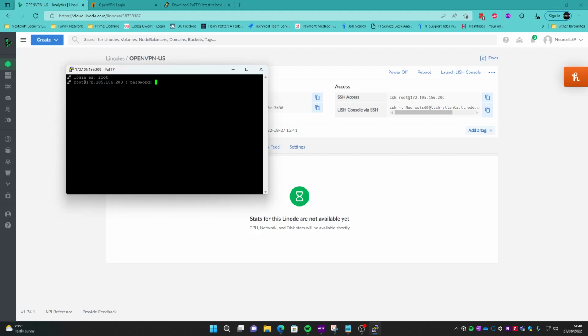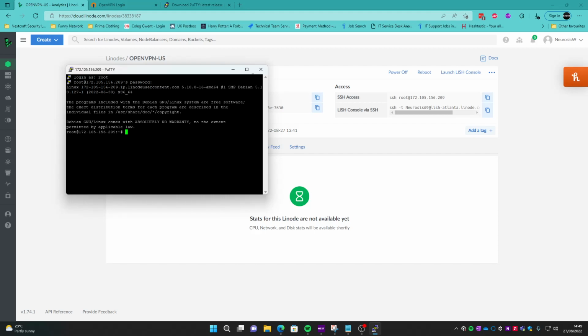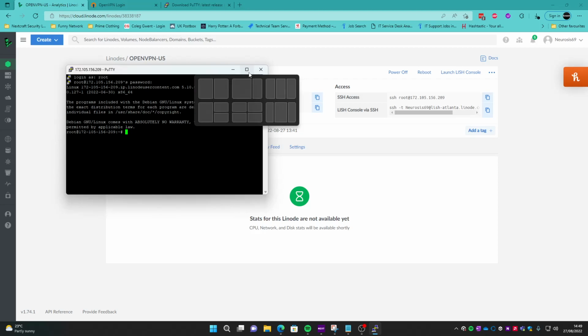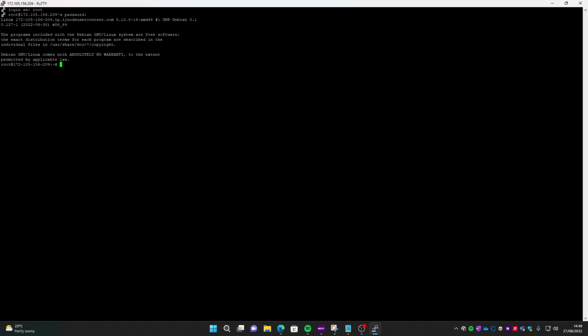I'll paste mine here, so you can paste it by just right-clicking. This will always show empty, so once you type in the password, just hit enter, and if it's successful, it will log you in fine. Right, great. Let's make this full screen so you can see it better. So what we will do is,